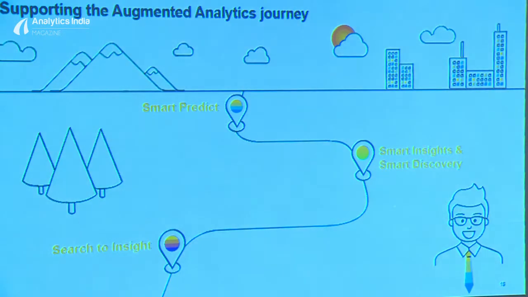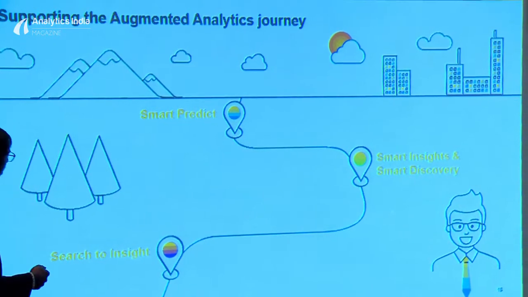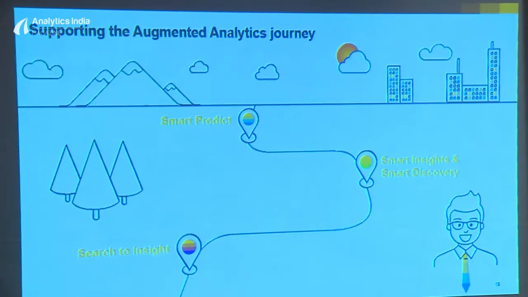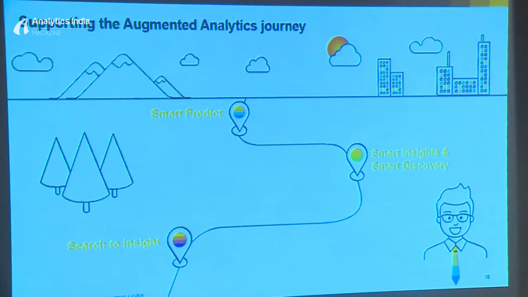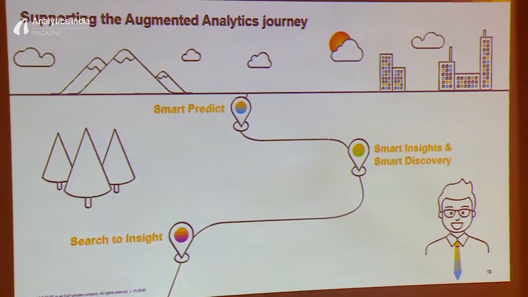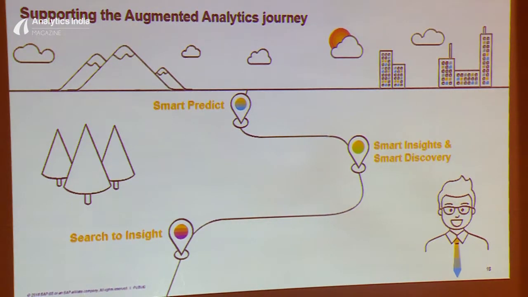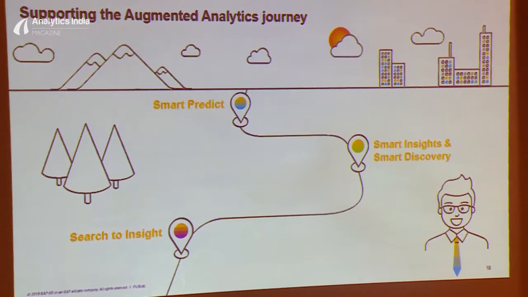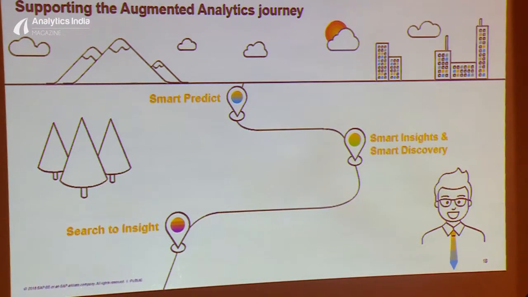Okay, I'm going to show some key capabilities in SAP Analytic Cloud. They are called Search to Insight, Smart Discovery, and Smart Predict. Instead of explaining those features, let's do a quick demo. Okay, this is basically SAP Analytic Cloud. Remember, we are going to talk more on the citizen data scientist persona and the end business users. As a user, what he is going to do is he has a data,